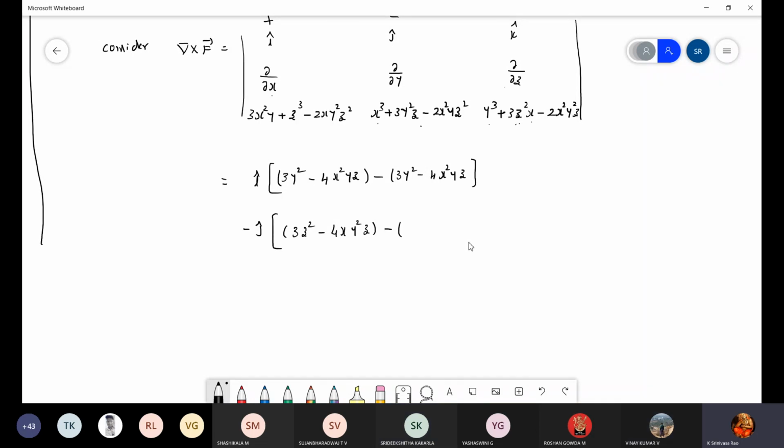Minus, yes, with respect to z, you have to differentiate the first term. So 3x square y becomes 0 plus 3z square, minus again z square differentiation is 2z. So 2 twos are 4x y square x, z. You can observe you will get the same term. So the j component gives 0. Okay, so let me see, but we can't conclude.